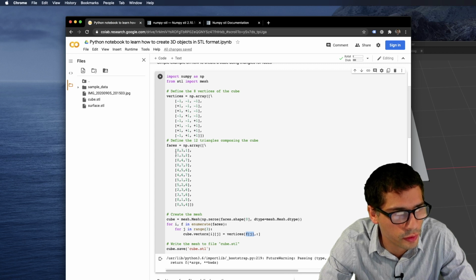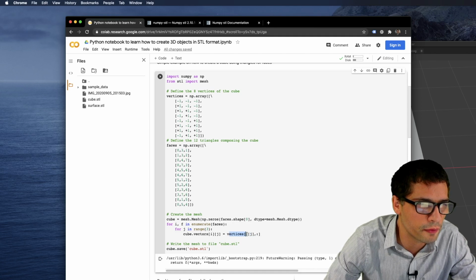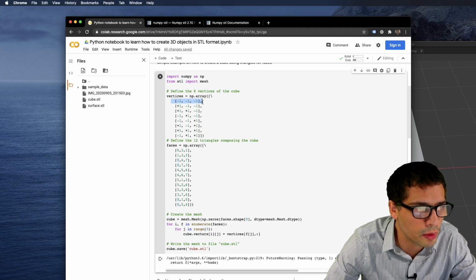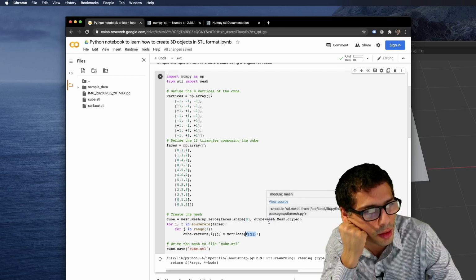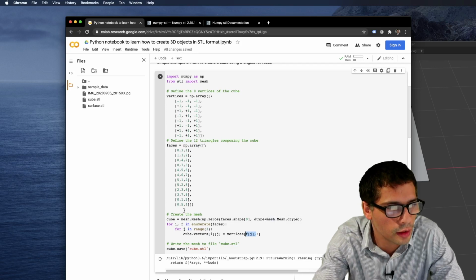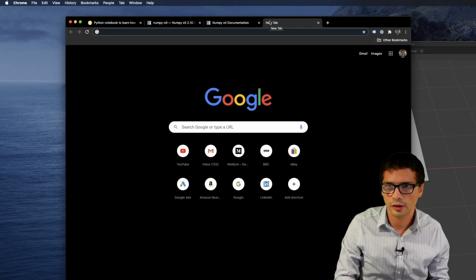It's going to be the first number. So basically it's going to be fetching the vertex within this list of whatever index is. Let's start with this one as an example. So vertex 0, so -1, -1, -1. It's actually a strange notation because this is almost like a slicing notation. I have to review my knowledge about slicing.